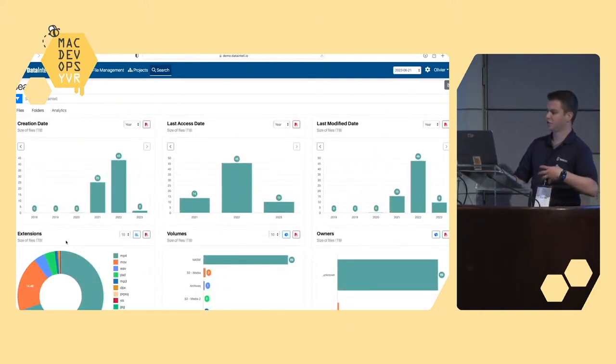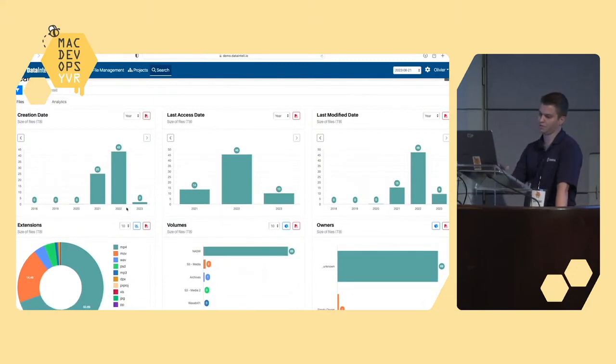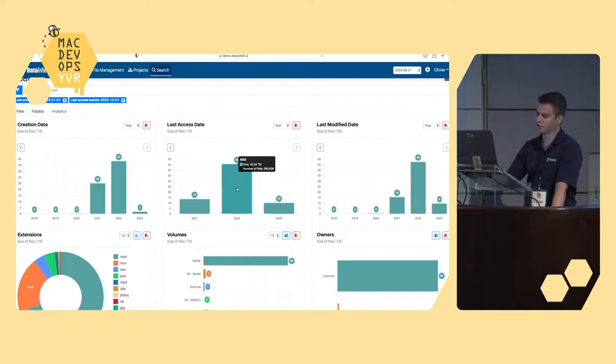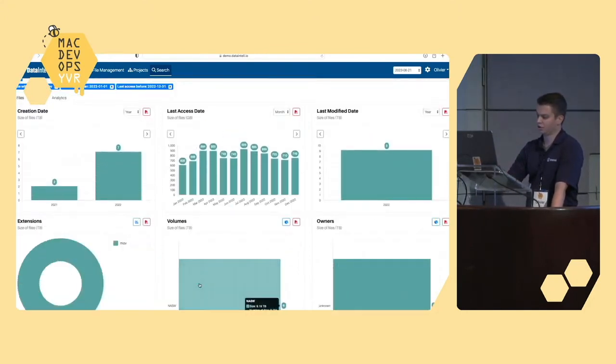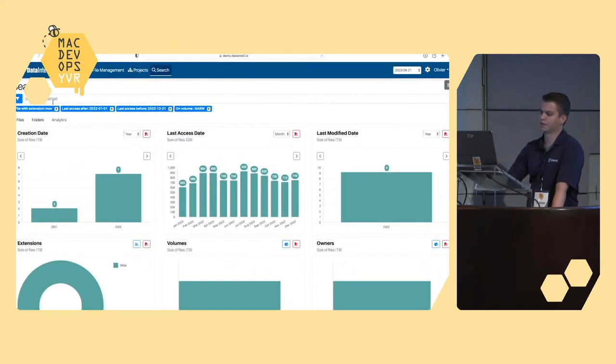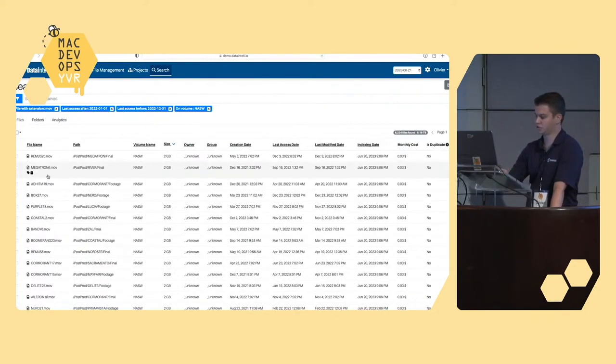With that visual representation, you can build your own filter without having to know how to do any queries to filter file results. For example, here in my infrastructure, I can tell you that we have 45 terabytes of data that was last accessed in 2022. And if you want to go granular on that, you just click. Every chart is clickable, so I can drill down and pick only the MOV files in my infrastructure that are located on the NAS. That way I'm building my own filter without needing to understand how to build a search query, and you have a list of all the files that fit that search query.